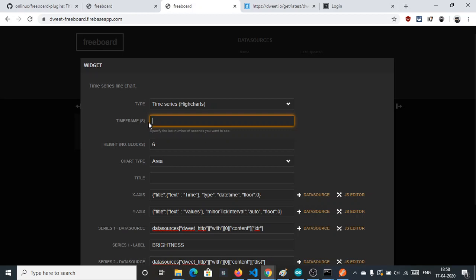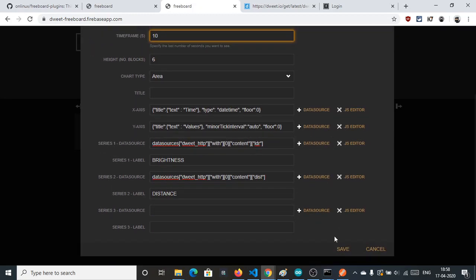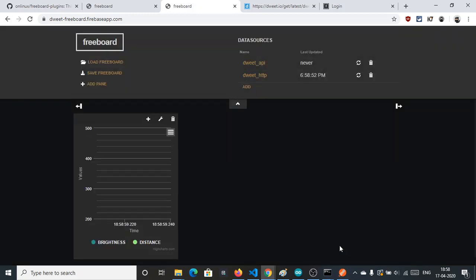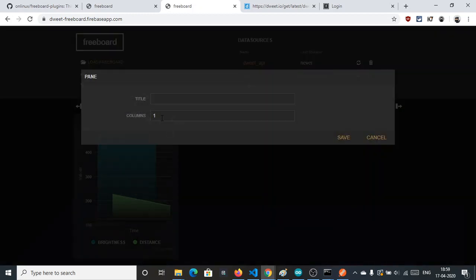Since this is a real-time database, let me check the session first. Yeah, so we will use here 50 or 10 seconds is fine for us. Basically 10 points of data, and make it 5.